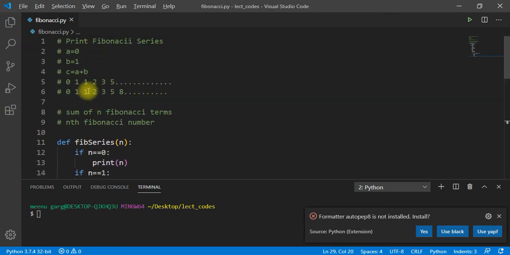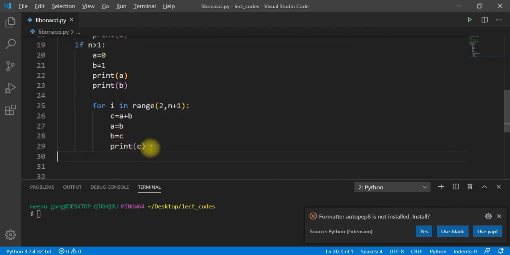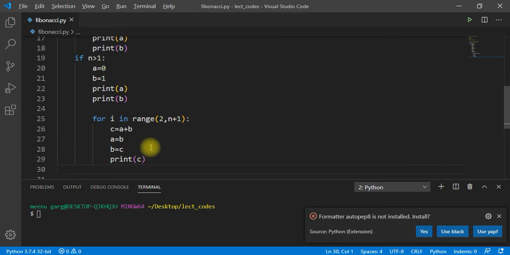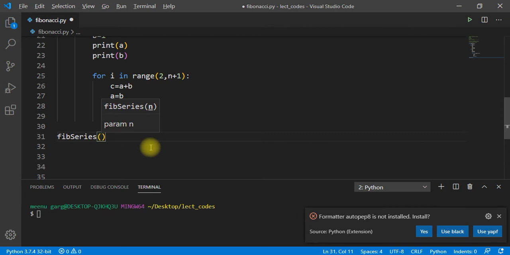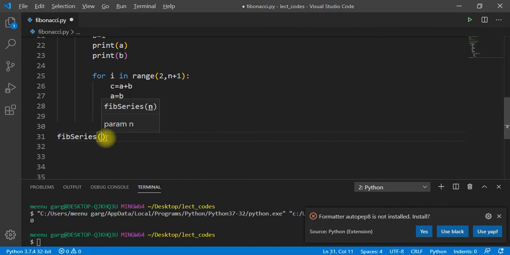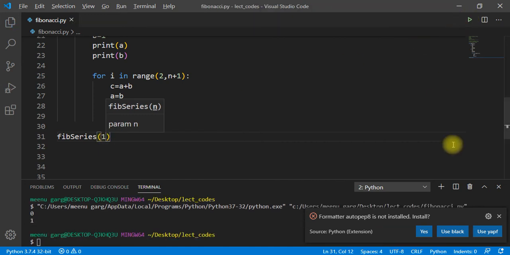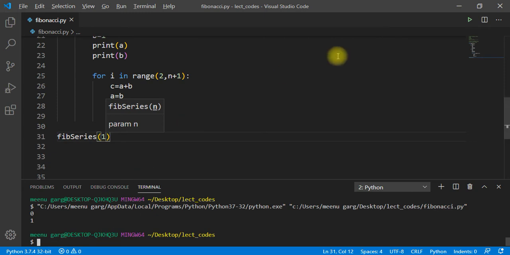See how it works. If someone gives me 2, a is 1, b is 1, then c is 2. For the next element, a will become this b, that is 1, and b will become c. Same we have done over here. I hope it makes sense to you. Now let's test it, starting from 0 itself, and yes, it's giving us the result. Let me try for 1, yes it is giving me. And if I want something for 5,